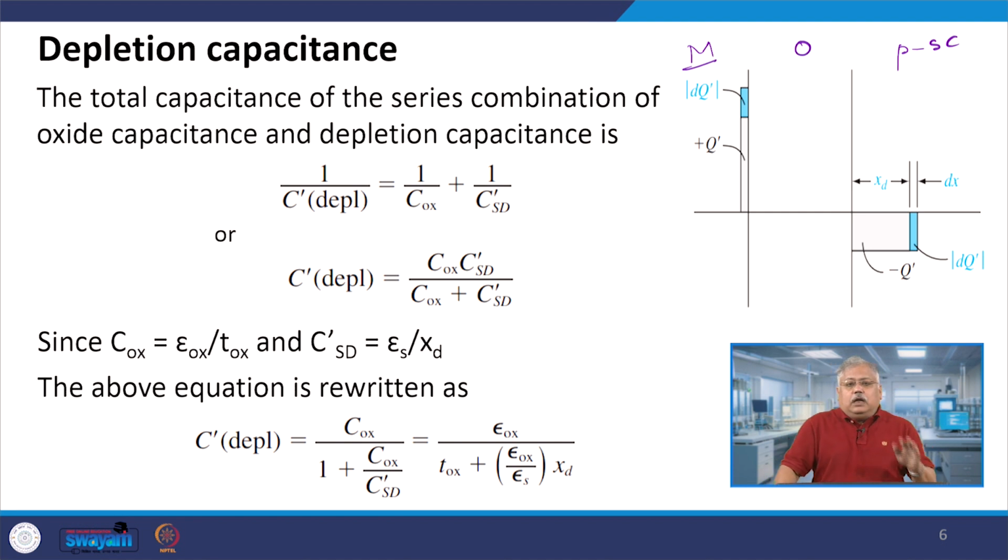Now in this metal I apply a positive bias which is not very high to invert the channel, but at least so large that there is a small positive charge formation on the metal side. This will create a depletion layer with a negative charge on the p side. What is the meaning of depletion layer? Devoid of any free charge carriers, but it will have immobile negative charge carriers available there. Now if you put an AC signal on the metal side, this blue one, which gives you an extra charge of dq bar, then you also get a dq bar on the semiconductor side, and this is given by xd here, and this xd is basically the width of the depletion,